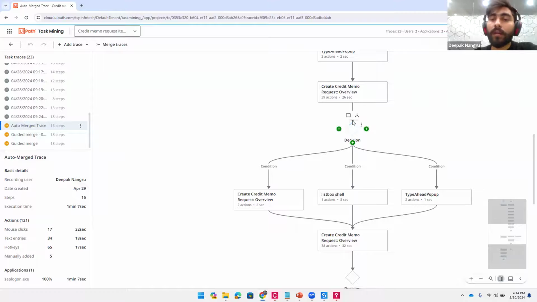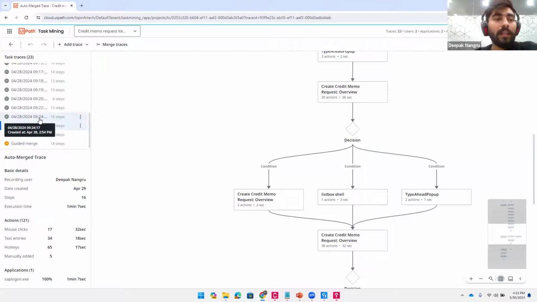We know that here we have to create some decision, so we can ask the user what is the decision that you are making? Are there some predefined conditions that you are checking, or are there other things that you have to consider? We can do that. And even in auto merge, once we have done it, we can add any step at any point. We can even connect this to an existing step. Like after this decision I want to go back here and move back again, we can do that. We can connect this step to an existing step as well, and we can also add other steps.